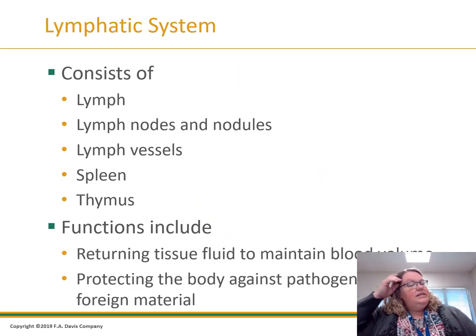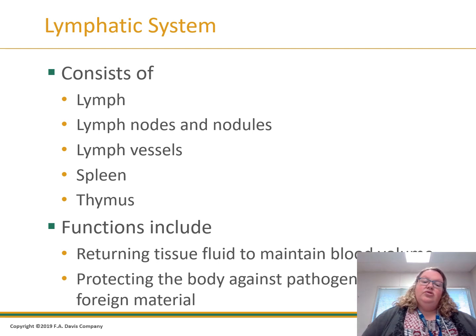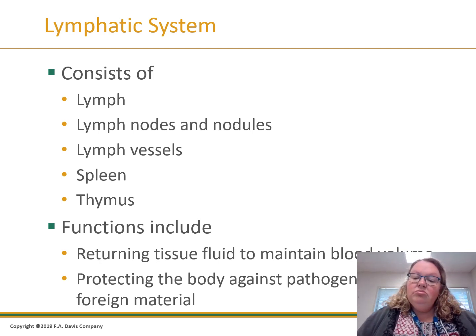Lymphatic system consists of lymph nodes and nodules, lymph vessels, spleen, and thymus. The functions include returning tissue fluid to maintain blood volume,